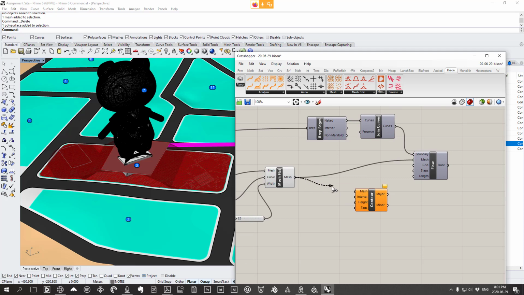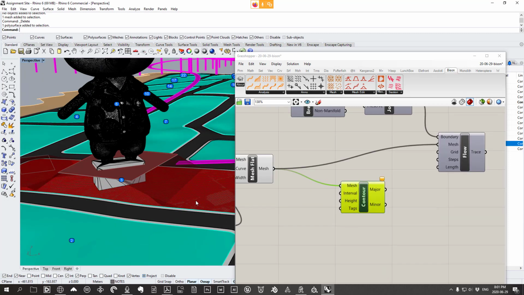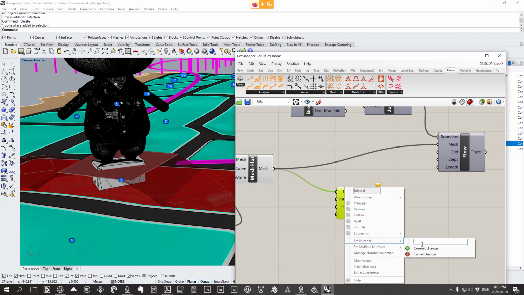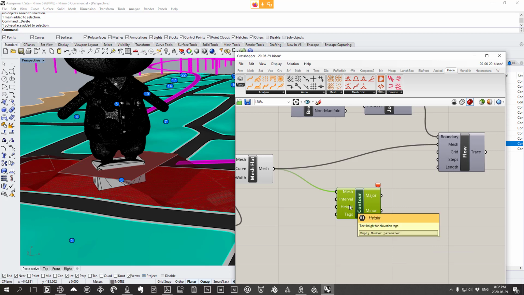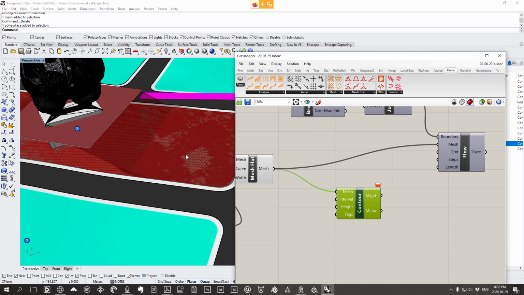So Grasshopper makes contours easy, but one thing that I have been using this for is using contours with tags. So for example, your mesh, we plug into the mesh input. The interval is, let's say, every 0.5 meters. The text height for elevation tags is going to be essentially the size of your text. So let's say 1. In tags, the distance between elevation tags is going to be the distance between these tags along